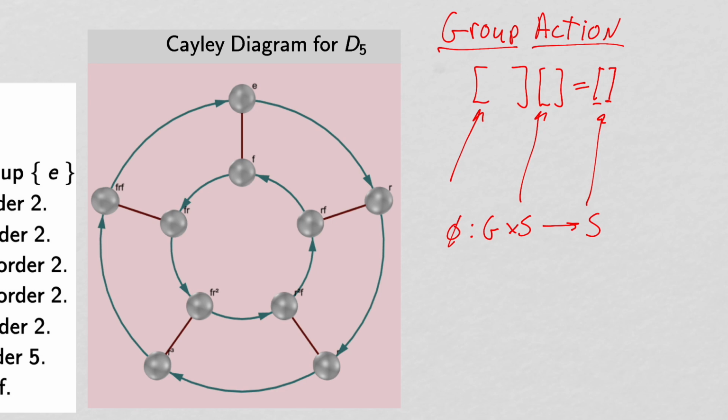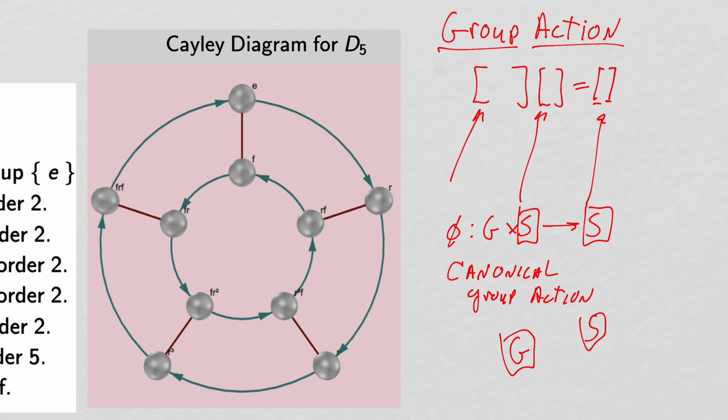So the point about group actions is the Cayley diagram is sort of a canonical group action, because to define a general group action, I need to come up with a set that's going to be acted upon. But if all I have is a group and I don't have another set, then I can't talk about a group action. However, whenever you have a group, you definitely have another set, and that other set is the group itself. So the group acting on itself is kind of a trivial group action,